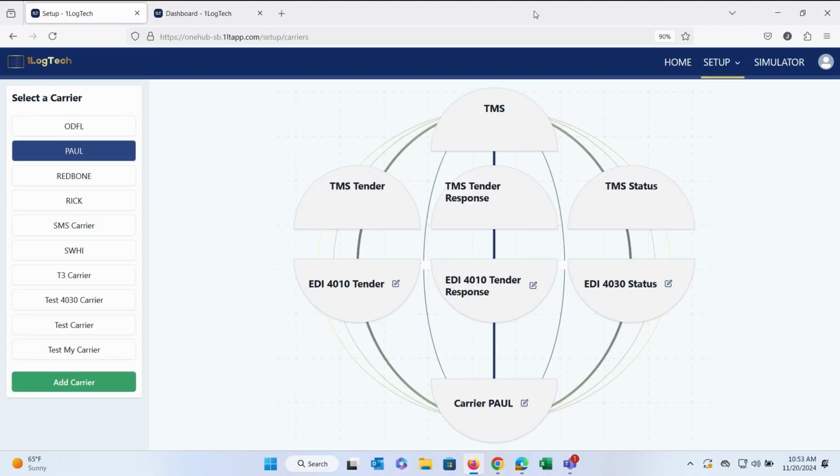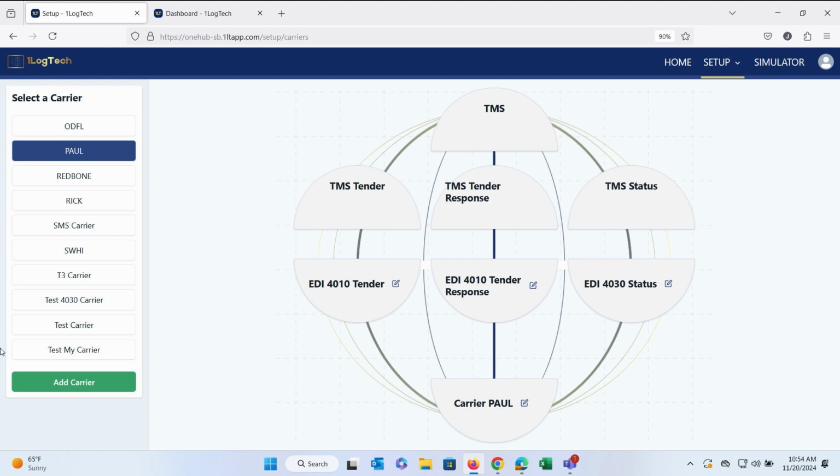So let's imagine you're a transportation subject matter expert, a TMS user. We call you a SME, subject matter expert. And you've contacted a carrier. We have a standard operating procedure where you send a note to the carrier, you determine how you're going to format back and forth, and you're going to set up a new carrier in our system.